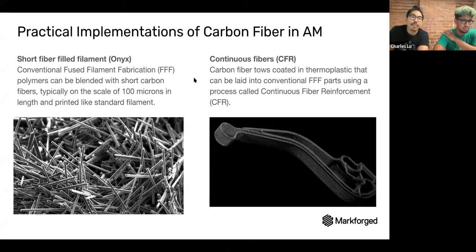So the chopped fiber in onyx actually adds a lot of material properties that you might not really expect. So some of them include better printing, and you see that, right? You see that, and you think, well, isn't Markforged just the printer, the software? But it's a combination of all the things. It's the hardware, the software, and the materials. And one of the kind of sneaky cool things that we did with onyx is we added a range of fibers in there, and it's different from the typical range of fibers that you would see from another FFF carbon fiber based material,